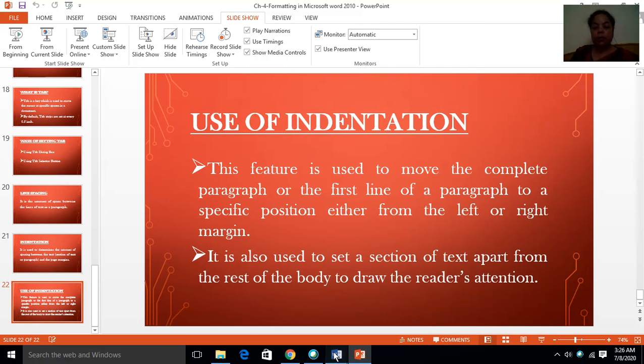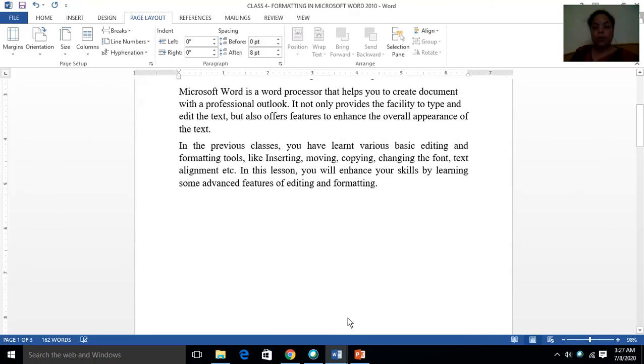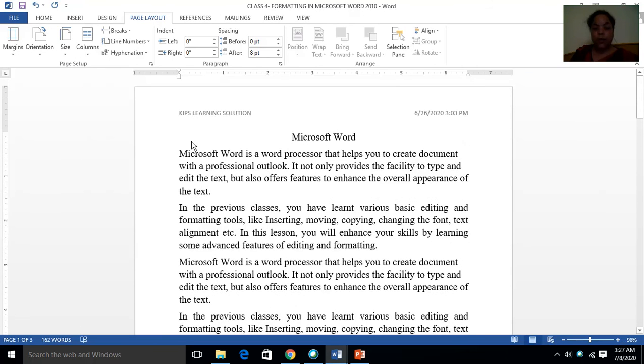How to use the indentation, I am just telling you. For this I am opening the MS Word window. You can see my text here. So to apply the indentation, I have to place my cursor before the text, and then in the page layout tab, in the paragraph group, you can see this indent.